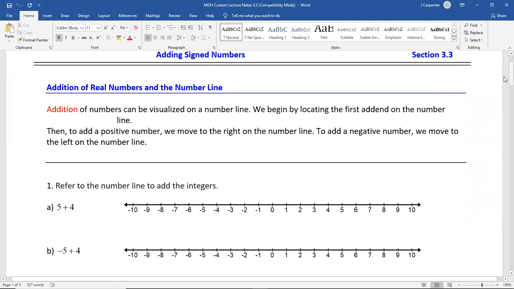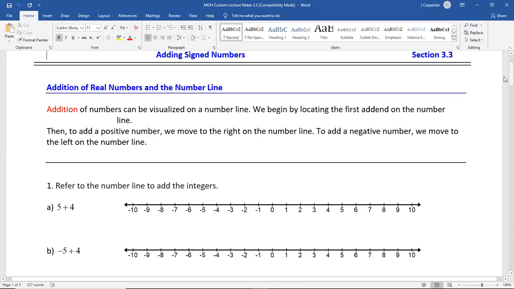Now what we want to get into, just like chapters 1 and 2, we introduce something and then learn how to do the math with it. So we introduced signed numbers, and now we want to know how to add, subtract, multiply, and divide them, as well as maybe some other stuff down the line. So adding signed numbers can be visualized on a number line, and I'm only going to do 1 or 2 of these examples because I'm not a big fan of this method. It's not really going to do you any good when you're dealing with double and triple and maybe even quadruple digit numbers,